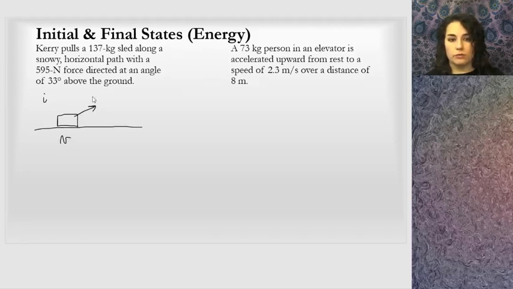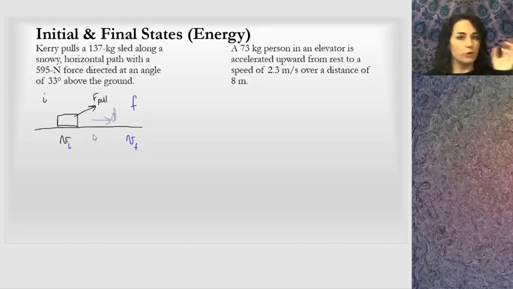Kerry pulls on it with some force of a pull, and it moves a displacement along the horizontal ground, some distance d, to some final state. And at that final state, I'm going to say it probably has a final velocity, initial velocity. Okay, so I'm thinking, where did it start? Where did it end? What is its motion at those 2 points? She could have pulled it 50 miles, right? We didn't even consider how far, but we're considering what some quantities are at this point and that point.